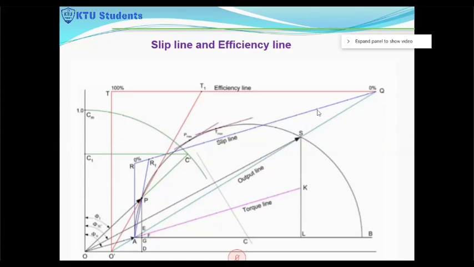And in order to get the efficiency line, draw a line that is parallel to the reference line from the point Q, and a vertical has to be drawn from the point you extended in the backward direction to meet at the reference axis O dash point. Then draw a vertical line. It will meet the line that is drawn from Q, and you can divide this into 100 equal points. You will get the efficiency line.